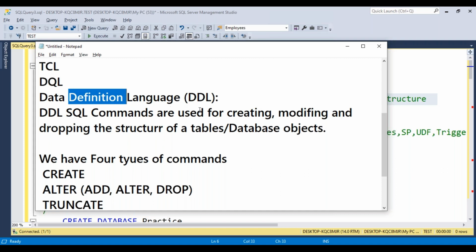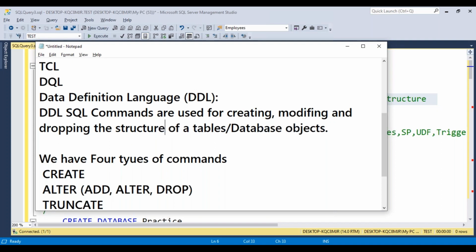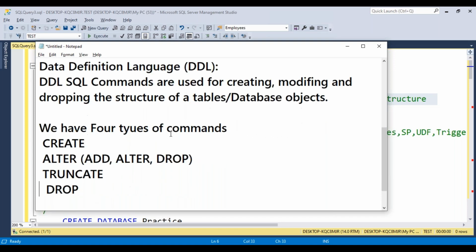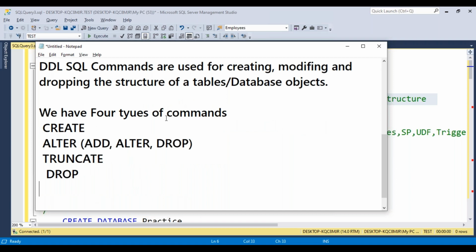These commands are used for creating, modifying, and dropping, that means deleting the structure of a database or tables. In DDL commands we have four types. One is create.